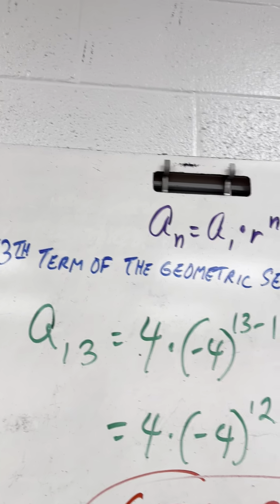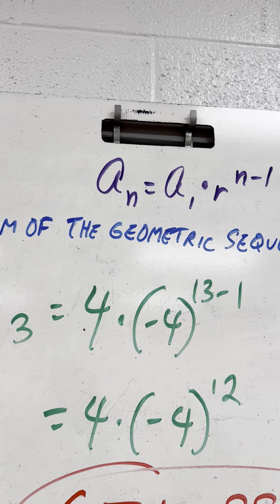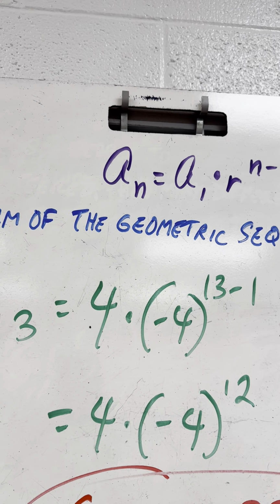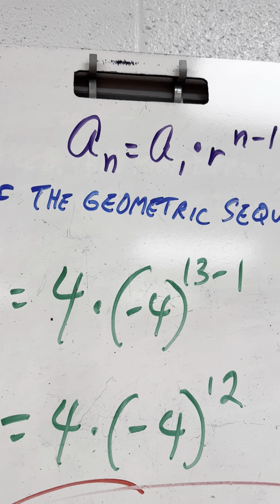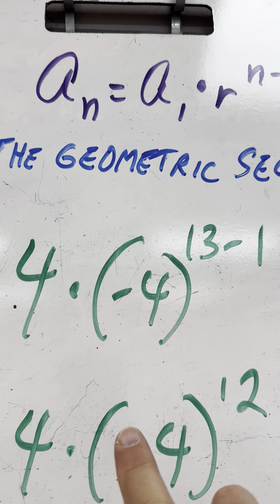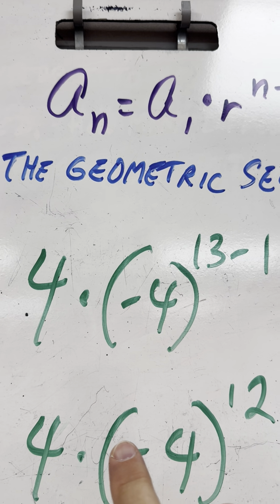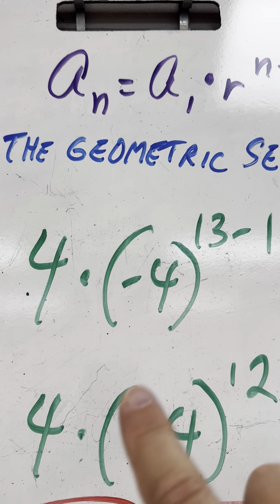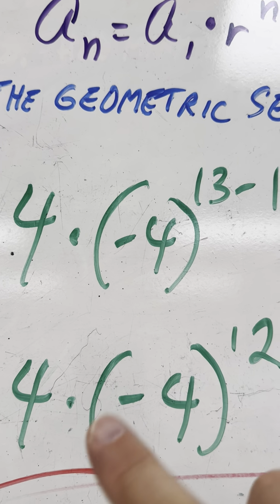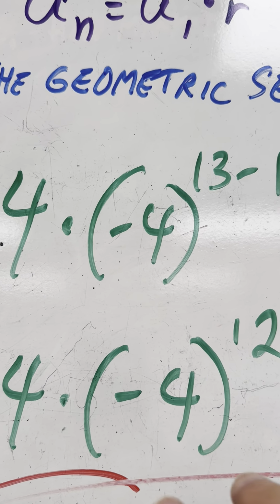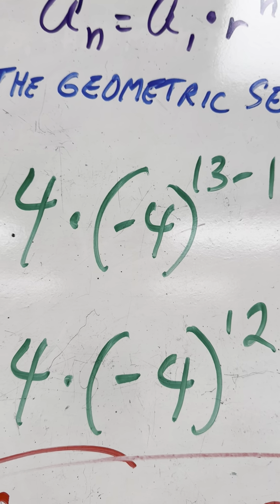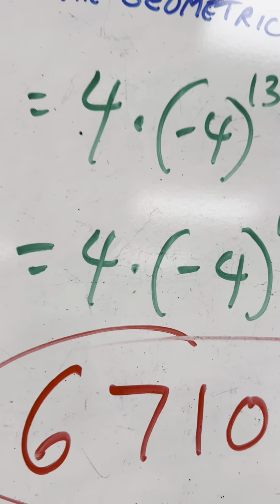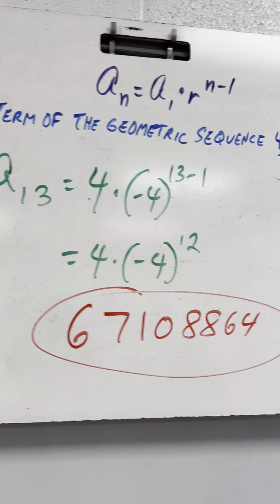This is where the parentheses are critical, because if you don't put parentheses, you're going to get a negative, because the calculator will do 4 to the 12th power and then put a negative in there. Putting in parentheses makes it negative 4 to the 12th power. So 4 times negative 4 to the 12th power will be